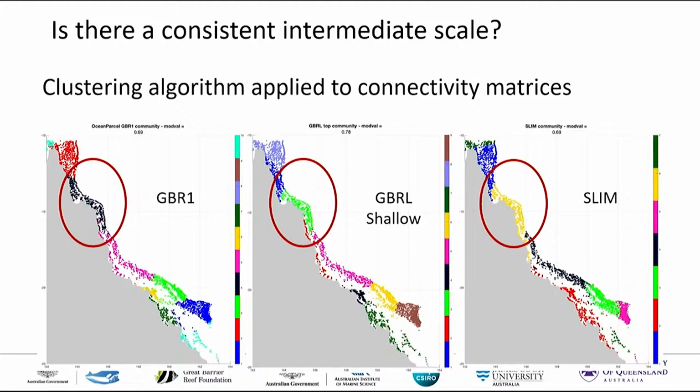And that's what we found. It's a simple cluster algorithm, but it looks at the connections between the reefs. And what we found is actually the 3 models at the surface tend to agree pretty well. So they find the boundaries are quite similar from one model to the other. So that could be a different way of adapting management to